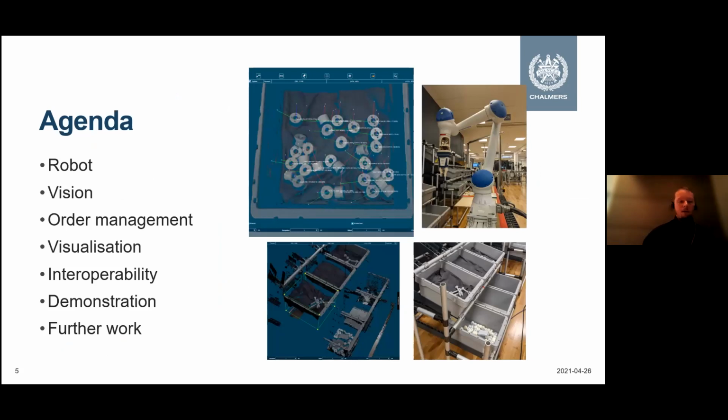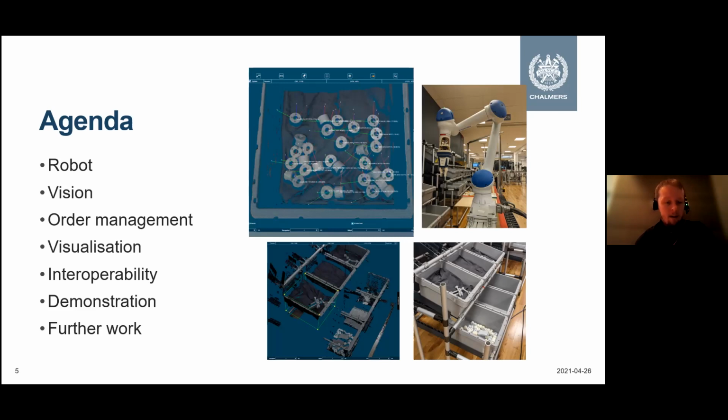So the agenda I have set up looks like this. We have a first part where I will describe the robot which we have used and how that is configured. Then I will talk some about the vision system we are using and the different parts there and how we have set it up. Then I will say a few words about order management, how we can send instructions to the robot to prepare a kit. Then I will explain this visualization interface